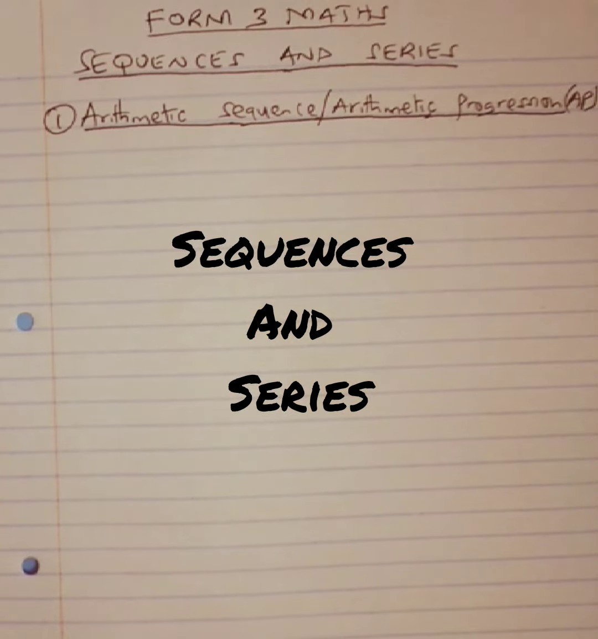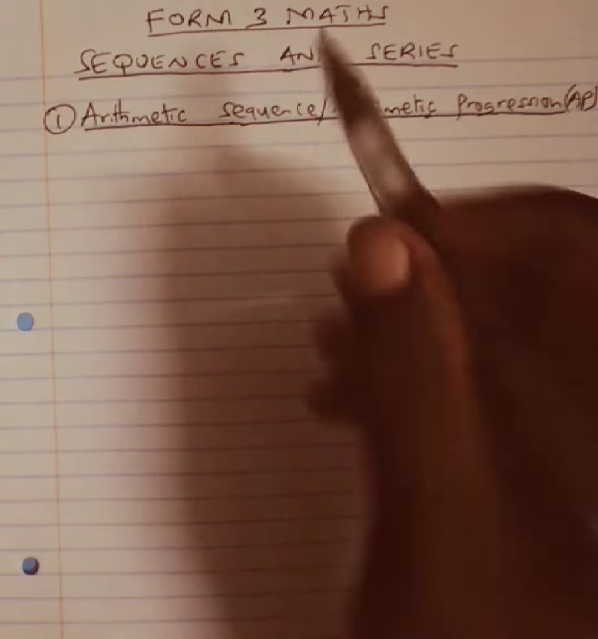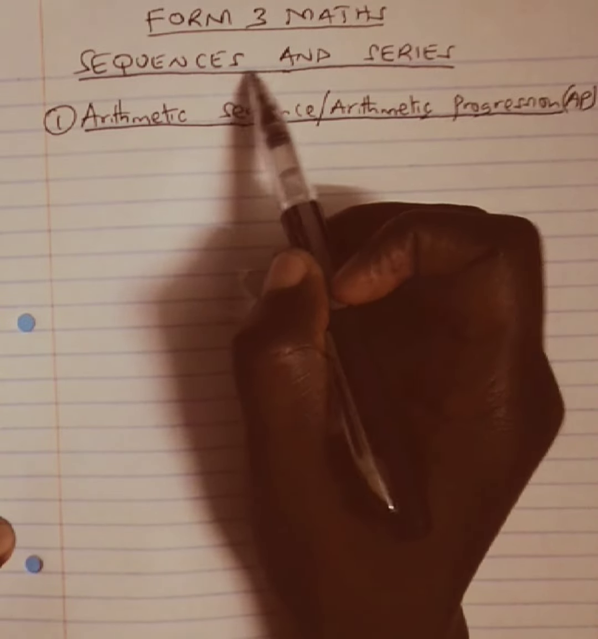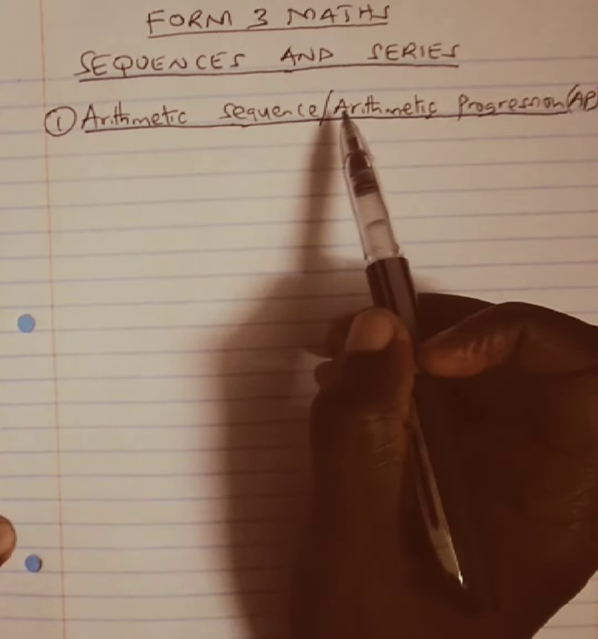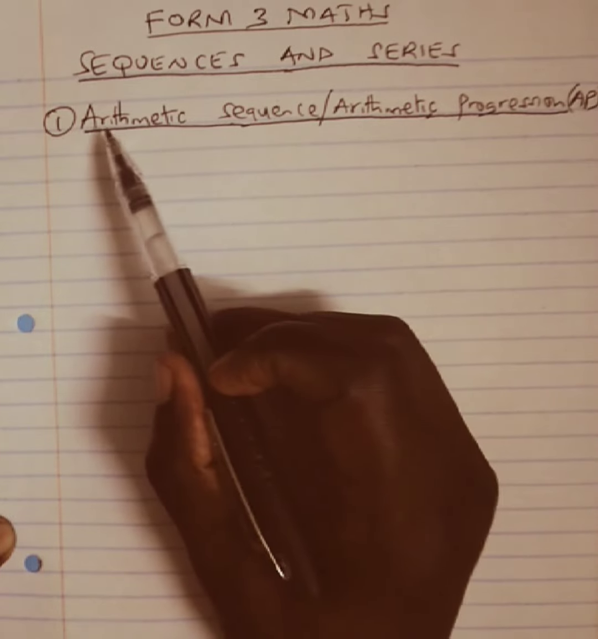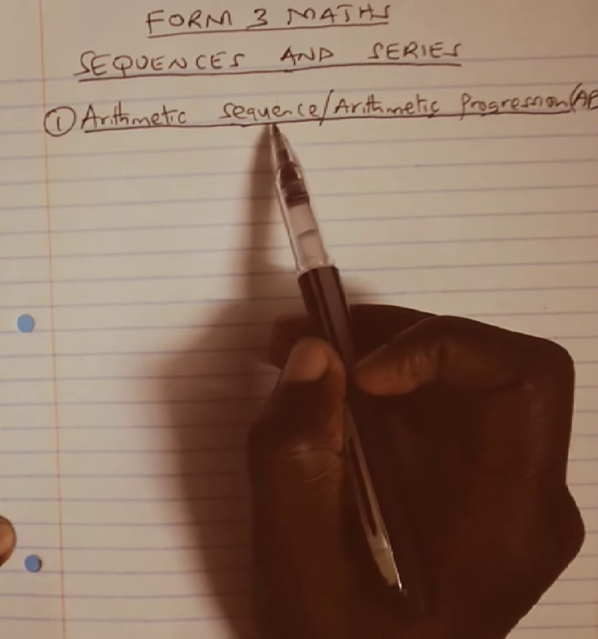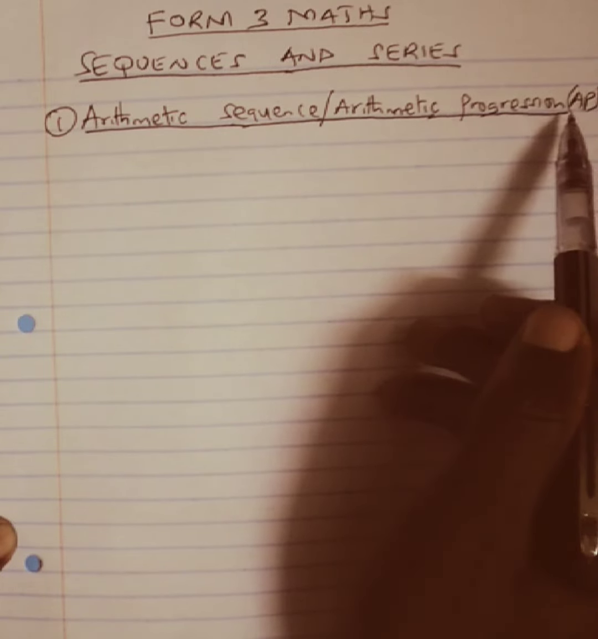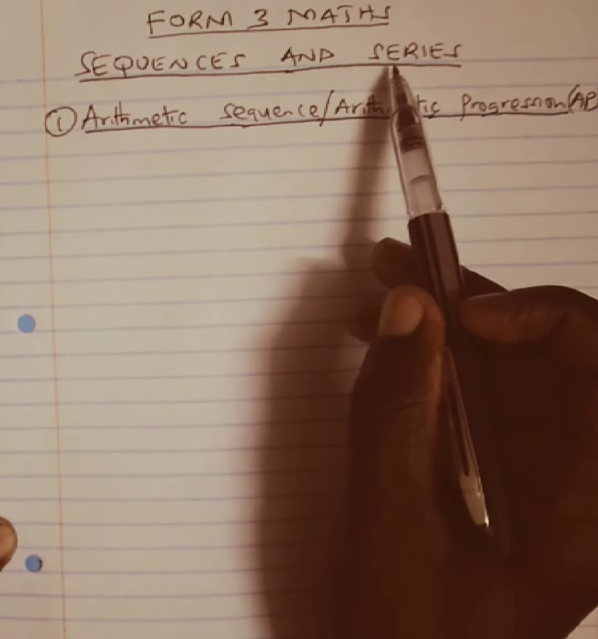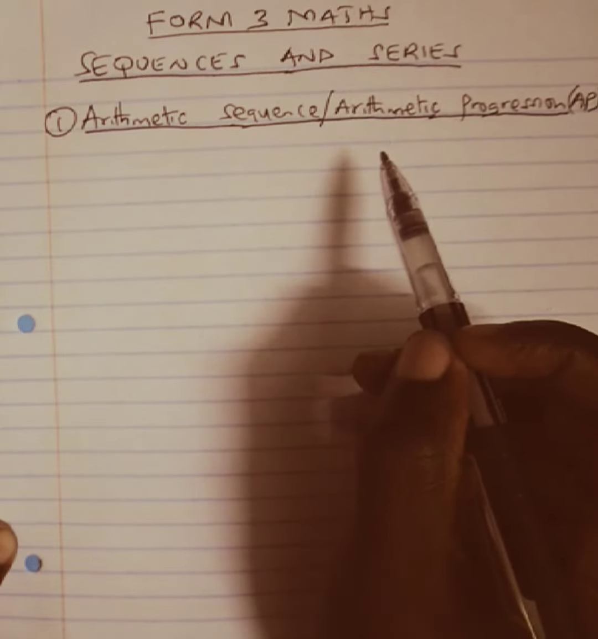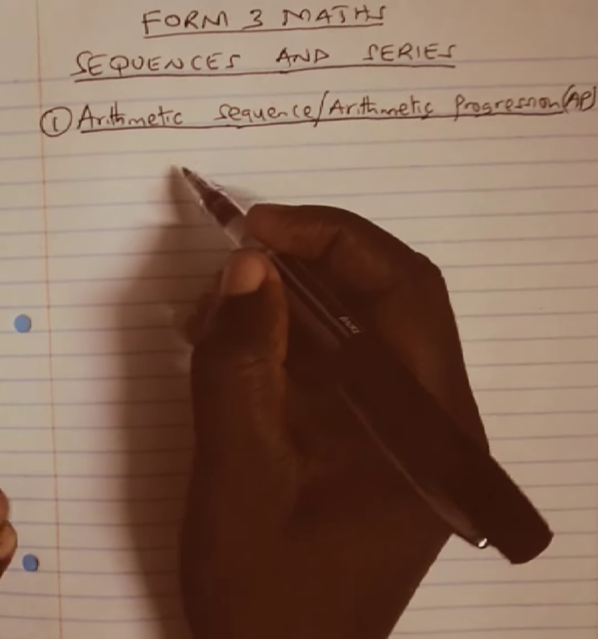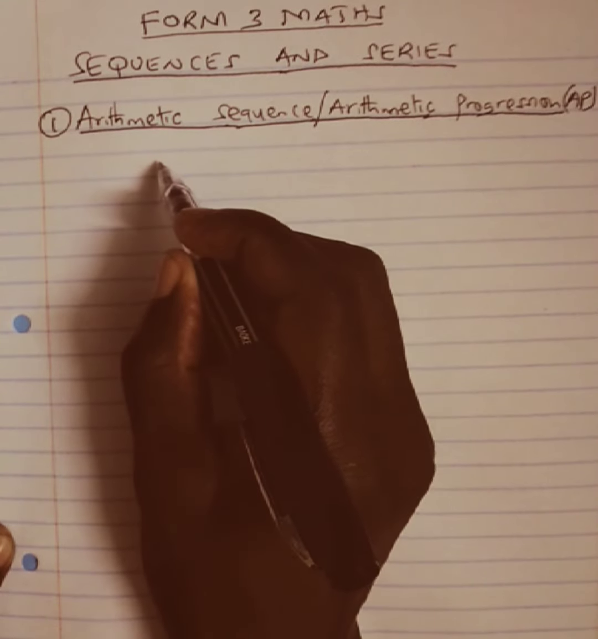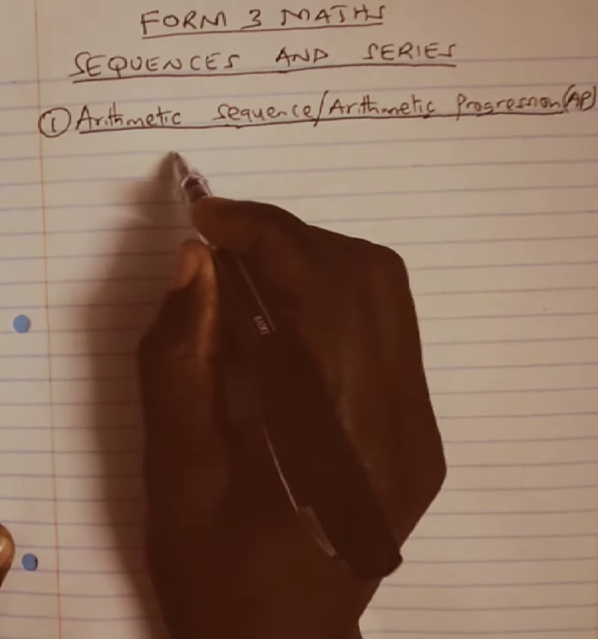Welcome to today's lesson. Today we are going through Form 3 Mathematics under the topic Sequences and Series. But in this section, I want us to deal with arithmetic sequence, also known as arithmetic progression, before we look at the arithmetic series. I want us to look at this particular topic by considering this example, that is, consider